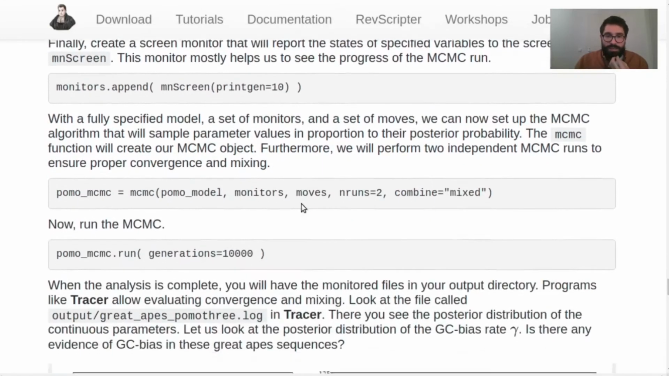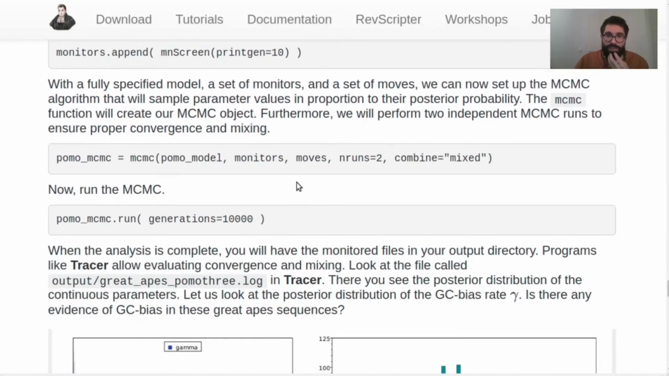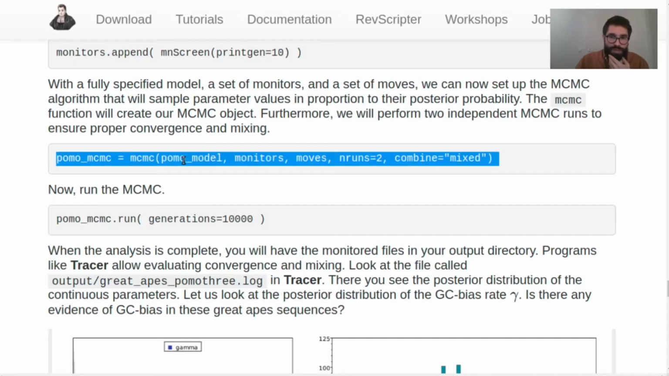And yeah, so once we set the monitors, we can then define a Markov chain Monte Carlo object, which I called pomoMCMC. So what does it need? First, the PoMo model, of course, that we have previously defined, a vector of monitors, a vector of moves, and here I'm just telling how many runs I want the MCMC to start with, and this is 2 runs. So I just do that,